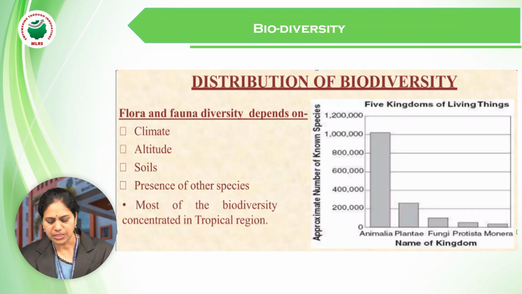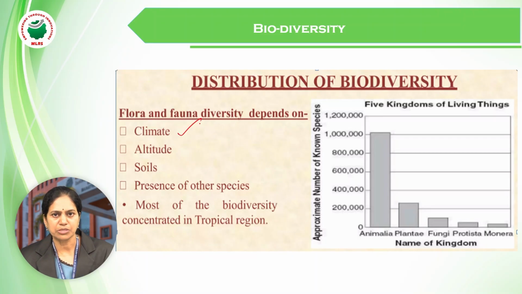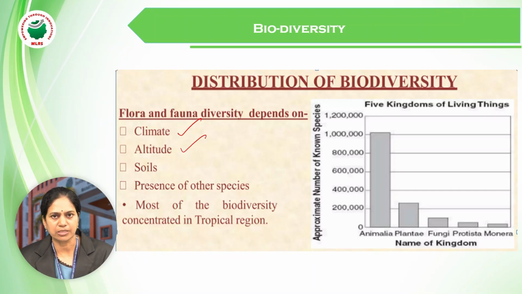Yes. Next, the distribution of biodiversity, how it has been distributed. As I was telling you, ecosystem-wise, the distribution is different. The flora and fauna depend on climate. Depending on the climate also, the biodiversity differs. If it is very cold or very hot, the diversity is a little bit scanty. Okay, then altitude, depending upon the height. Next, the soils. The soil is rich with moisture, rich with nutrients, extremely rich with compost material and all. Definitely, it is a good base for life.